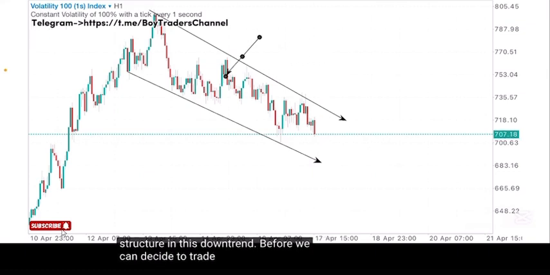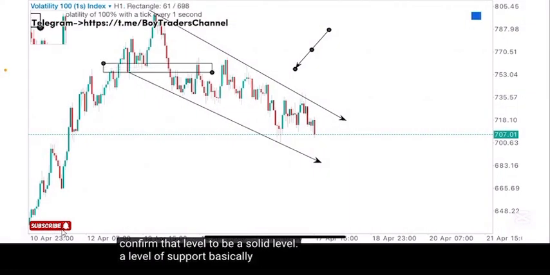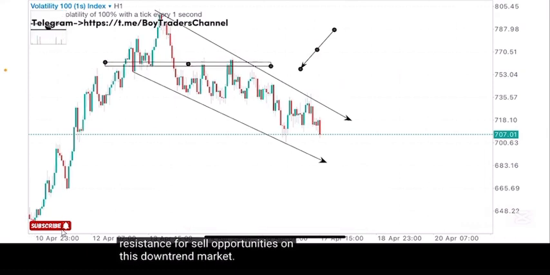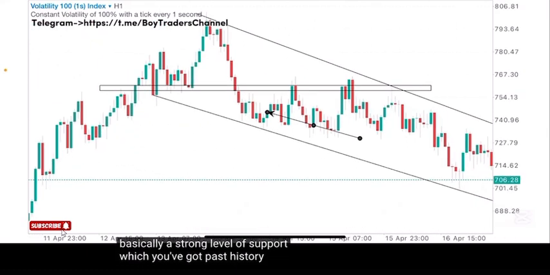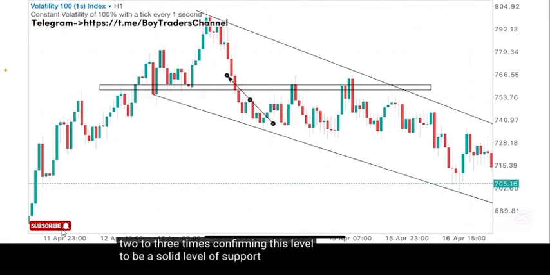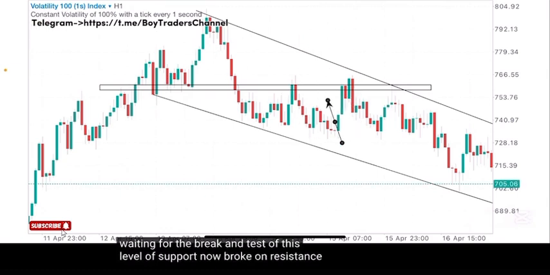Before we can decide to trade on the break and retest of a level, we should first confirm that level to be a solid level. The level of support basically broken, turned resistance for sell opportunities on this downtrend market. So this is basically a strong level of support which we've got past histories on. Price should at least buy on this level 2 to 3 times, confirming this level to be a solid level of support before waiting for the break and retest of this level of support, now broken on resistance for sell